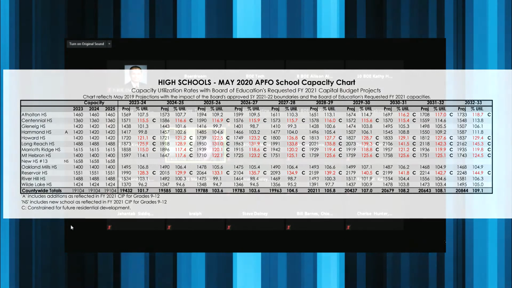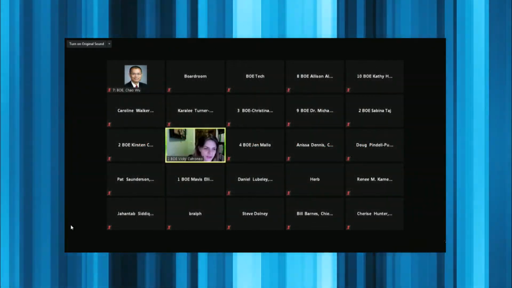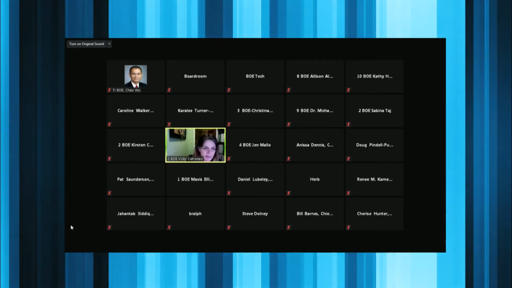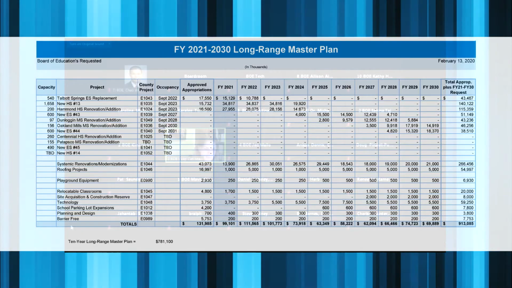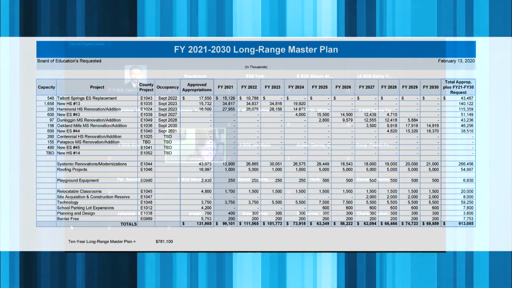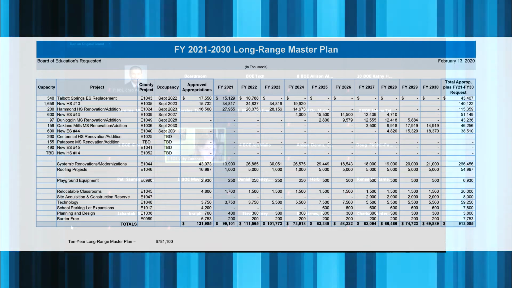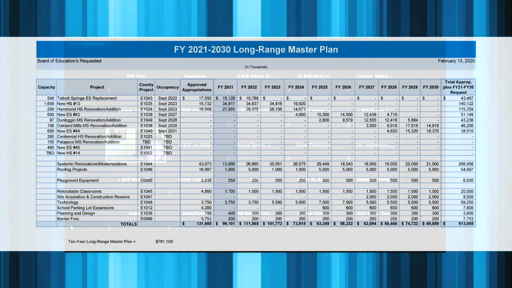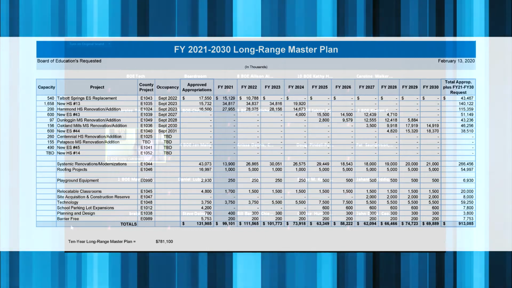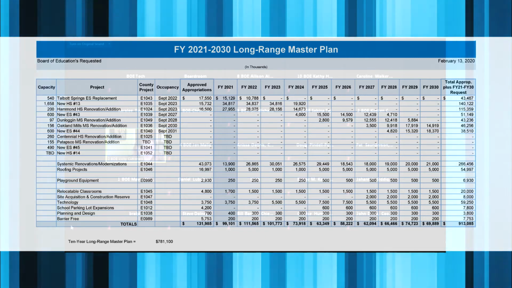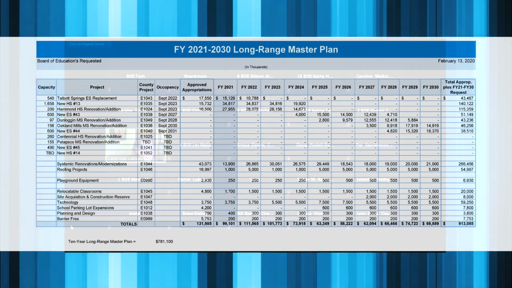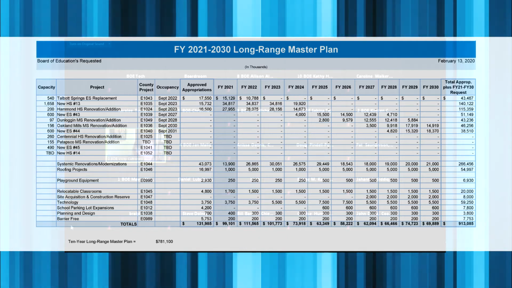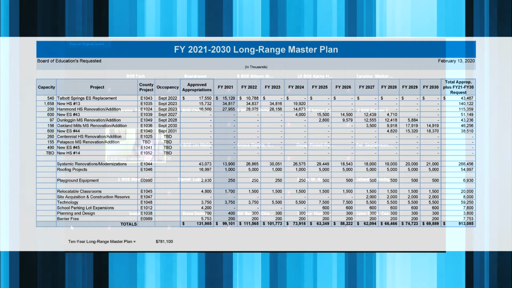I just want to make sure that everyone knows, ring the alarm, the situation that we are in with this, because we do not have the capacity coming to support the enrollment. Even with high school 13 and Hammond addition, we will be short projection wise 300 seats when those come online in the high school. And by 2026, we'll be short over 2,000 seats and 1,400 seats at the middle school level. So I know you don't have an answer for me.